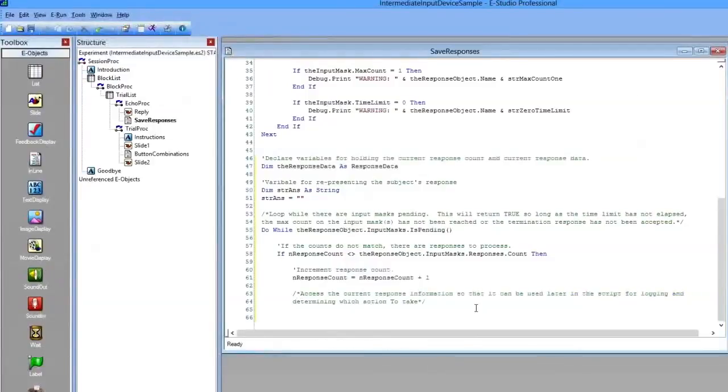Okay, so now we're going to set the response data. You'll remember that we declared the response data as a variable, so now we're setting it as something. This is exactly what we did with the summation object. First we declared it and then we set it. So we're setting the response data variable to the response object